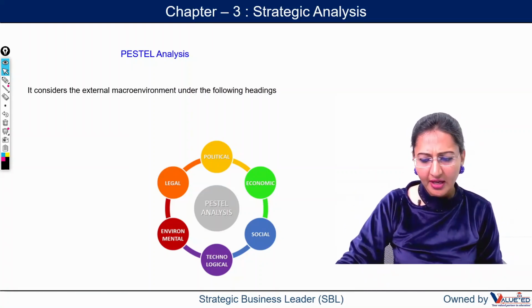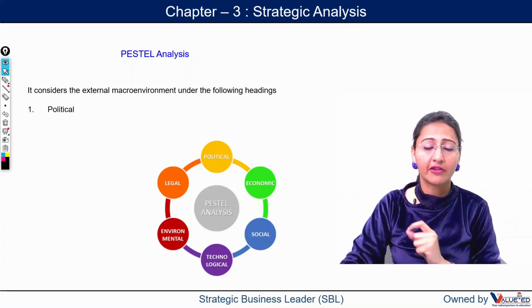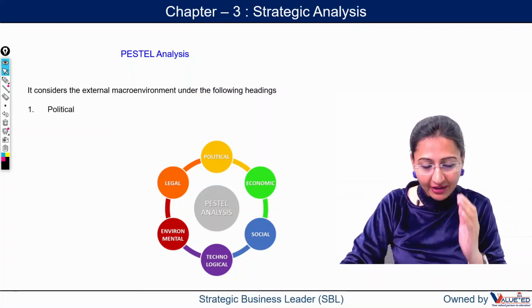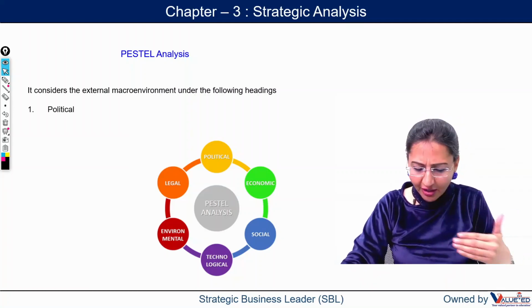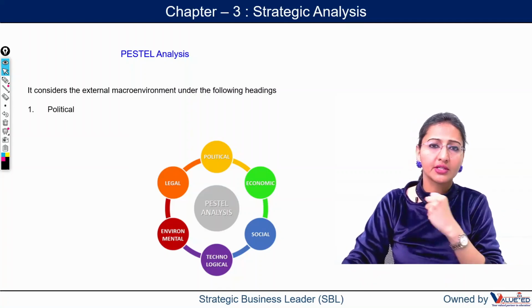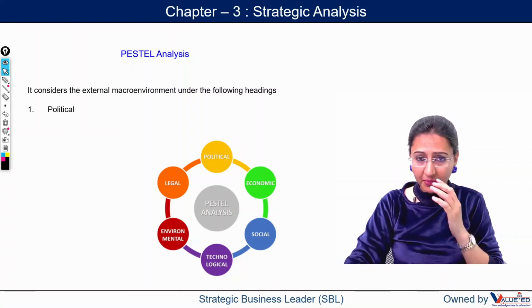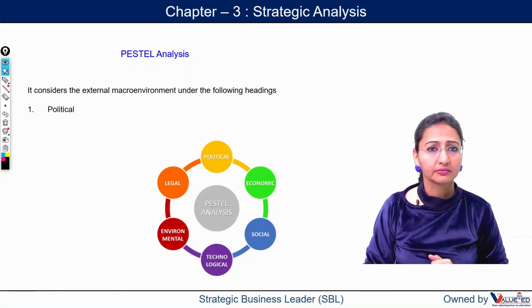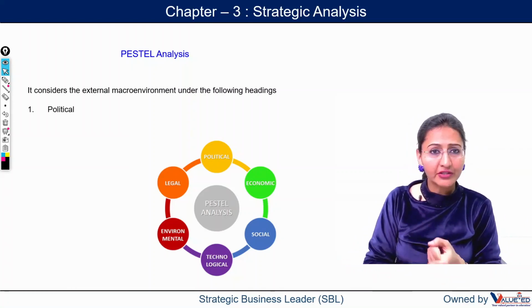So it has some aspects, the first being political environment. That means the environment in which the business has to function, how the government functions there, or the government under which the business has to operate. The policies made by the government, the tax regime of the government,